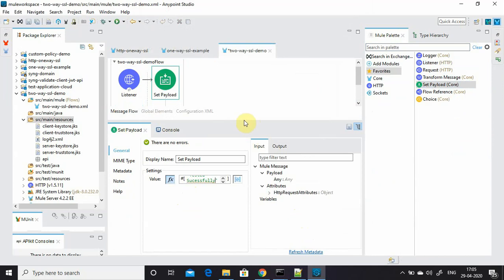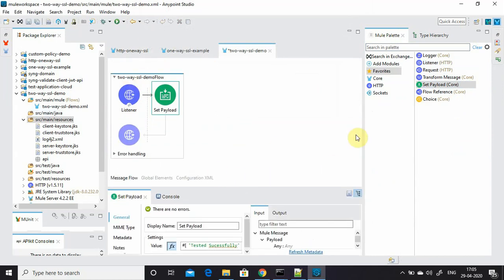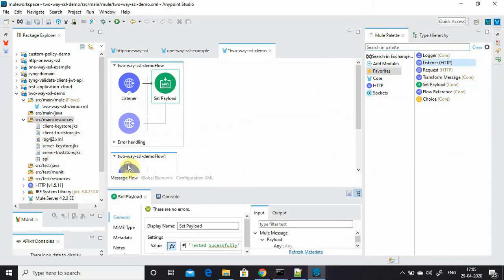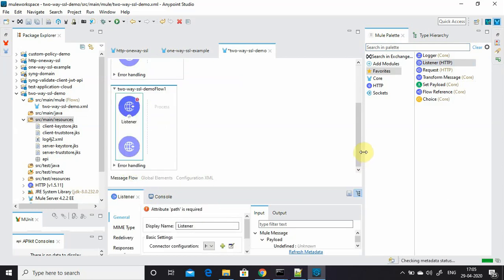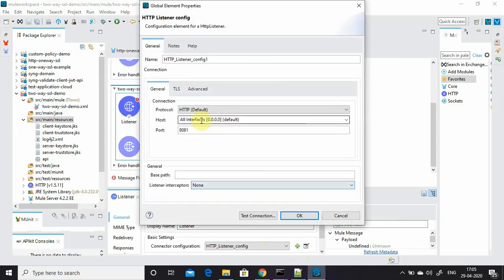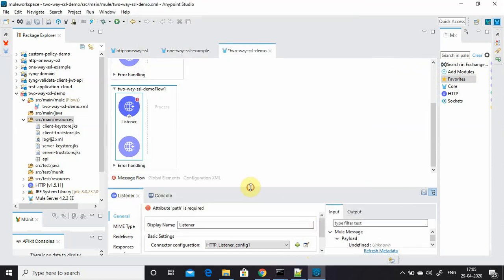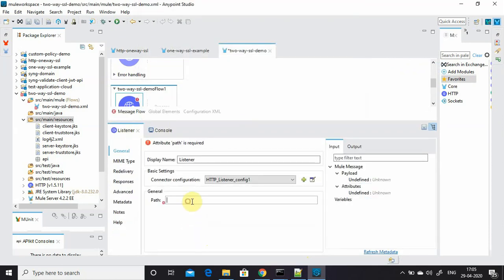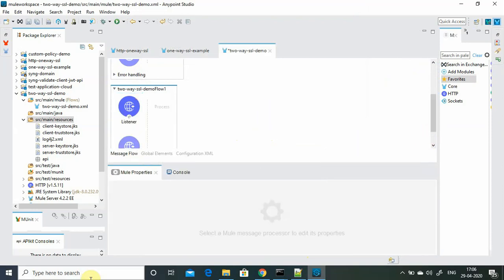Now I have to create a client flow which can call this flow. So I will use one more HTTP listener. Okay, I will start configuring this HTTP listener. I will click on this plus sign. Okay, HTTP, I will keep 8081 and whatever same configuration. And this time it's a HTTP. I will say 8081. It's a test one. I will give the path as test one. Now I will call the requester in this, which will call the server.